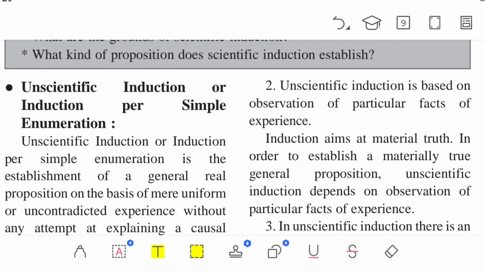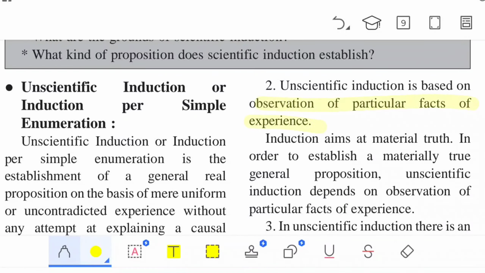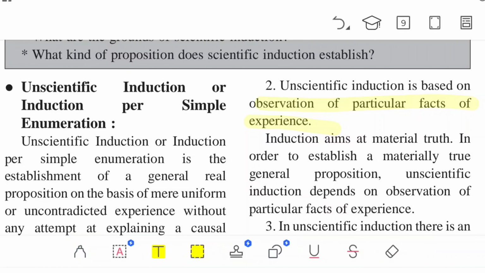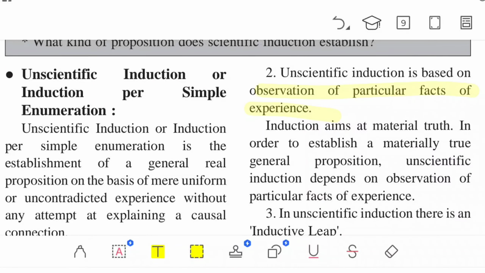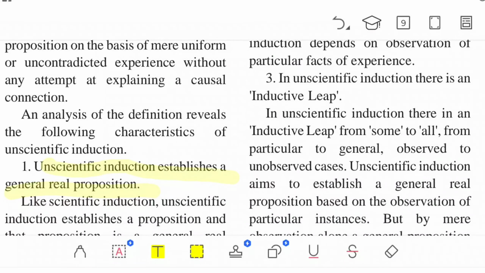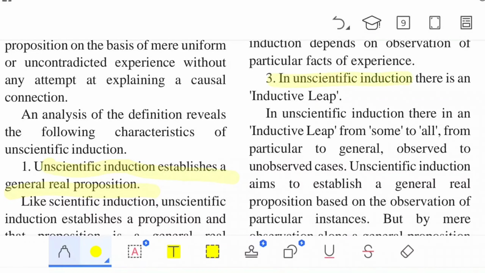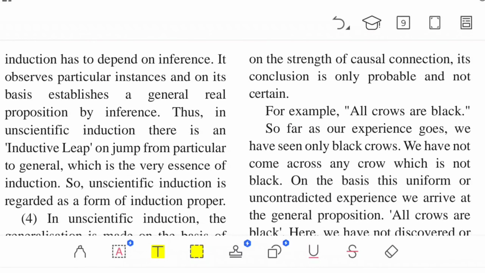Unscientific induction is based on observation of particular facts or experience. আৰু এই unscientific to আমি কি কৰোঁ, কিছুমান facts বা experience to observe কৰি পেলাই conclusion to পাওঁ. In unscientific induction there is an inductive leap. যিহেতু unscientific induction ও এটা proper induction হয়, induction proper হয়, so ইয়াতেও inductive leap এটা থাকিবই. ঠিক আছে, then next point is